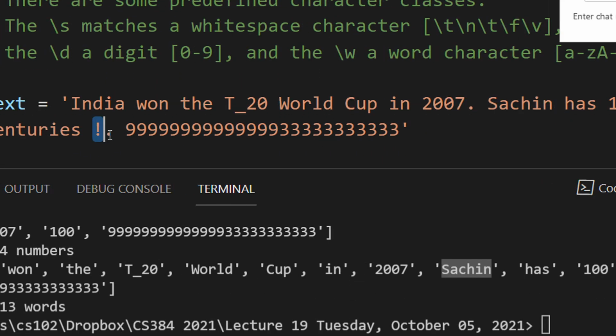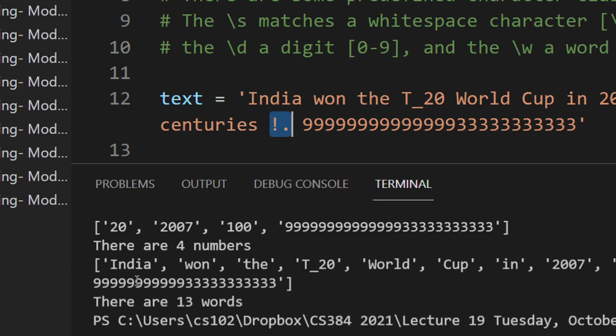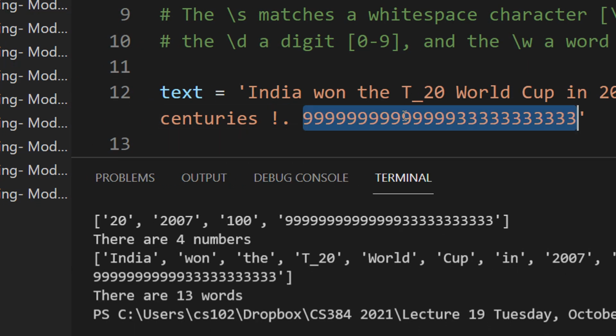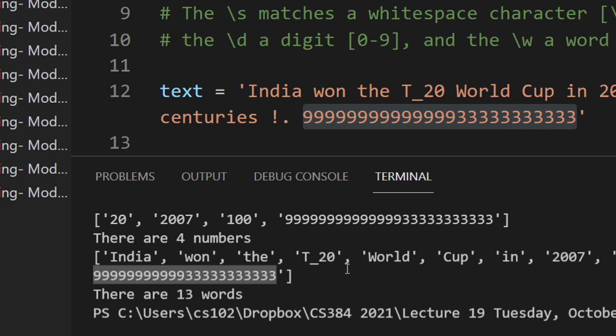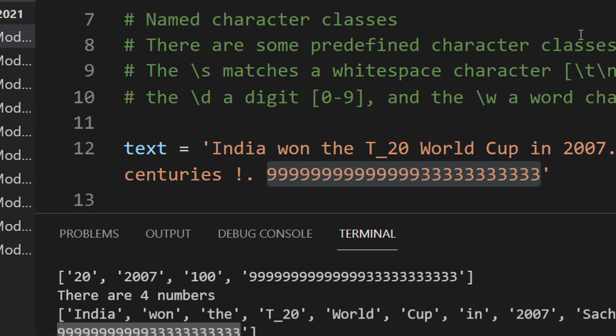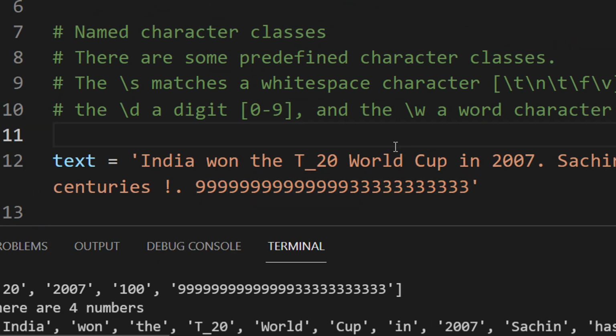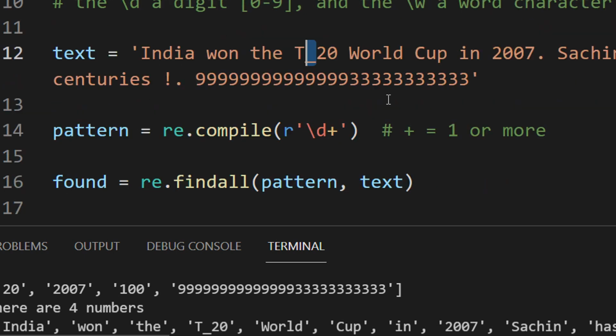You can see the space, the exclamation and the dot are not being matched. And directly then we come to this number, the 9999993. Right? So you can see slash W provides you with a character class which does not include special symbols except underscore. Only underscore is a special symbol that comes as a part of slash W.